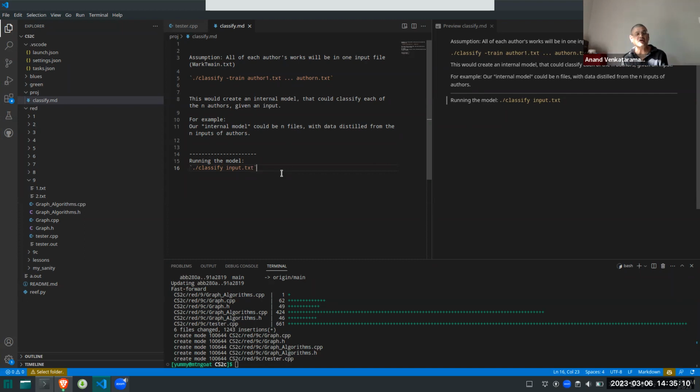What that does is basically just print out the most likely author, followed by the likelihood that it could have been anything else, from greatest to least.